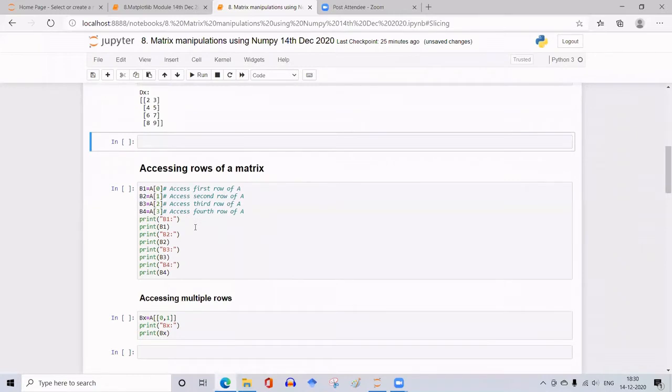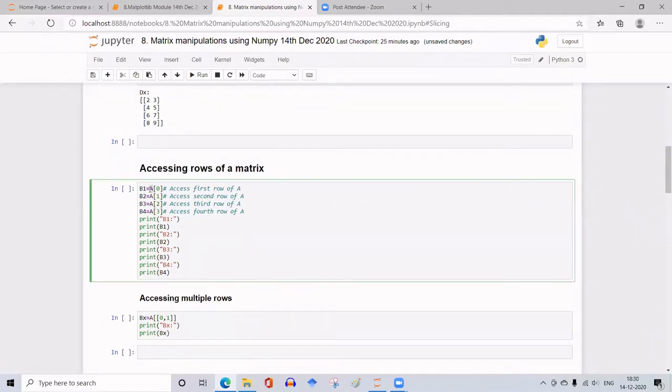Next, how to access the rows of a matrix. For rows of a matrix, simply enclose the row number within the square bracket of the matrix that you want to extract it from. So here I have taken all the four rows 0, 1, 2, 3 of the matrix A and designated them by different vectors B1, B2, B3, B4.